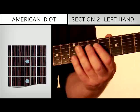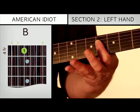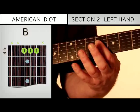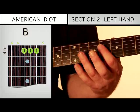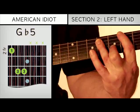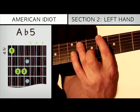This time we end on a B chord, which we play by putting our first finger in a bar across 3 strings at the 4th fret. These are strings 4, 3 and 2. Do not strike string 1. So this chord will replace the G flat at the end of the riff. Here it is. So if I put those two together,